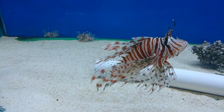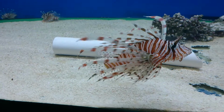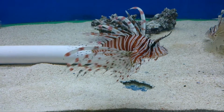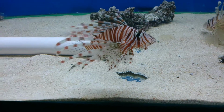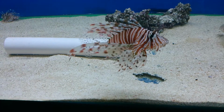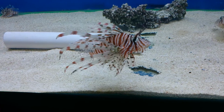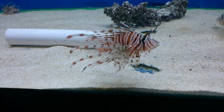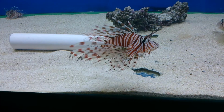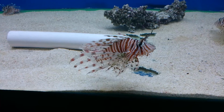Now lionfish are an extremely popular aquarium fish, especially after the movie Juice Bigelow. Now this one's a Volaton lion, very easy to keep. The only issues you ever have with these guys is initially getting them to feed. Now at the start you've often got to feed them live food. Then they're pretty gluttonous, so they learn pretty quickly where the food comes from, and they soon start to associate